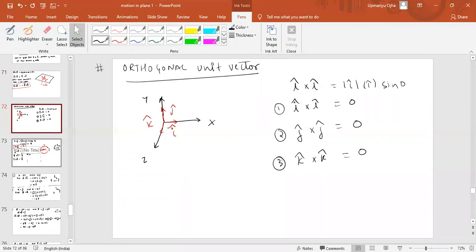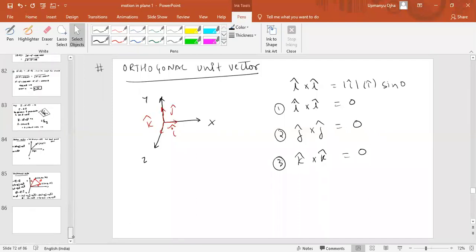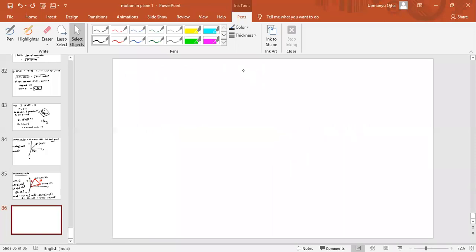See, here I have written position vector, not projection vector. It is the position vector, not projection vector. Motion in a plane will have vectors, then projectile motion, then relative 2D. I think your message will be sent to you. You see the message there. And motion in a straight line will also come.